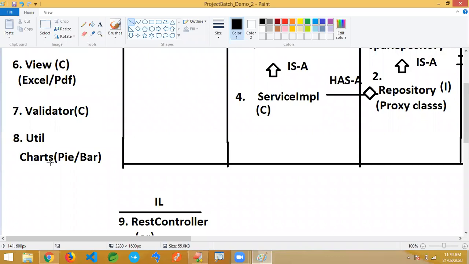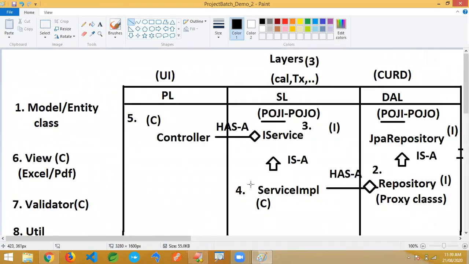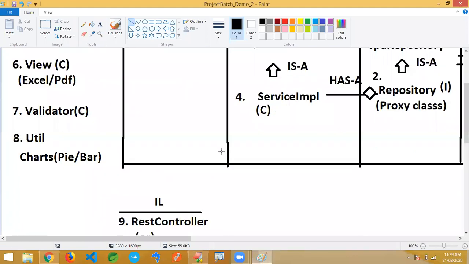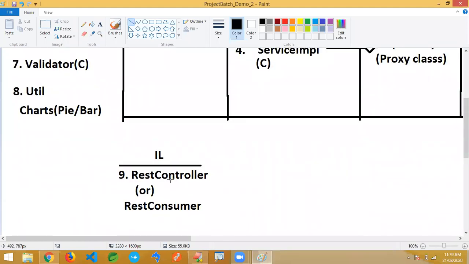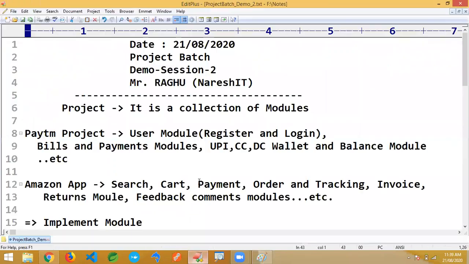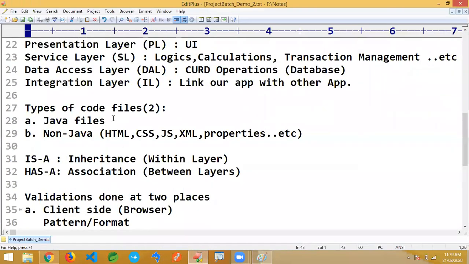As we go on, we are going to have some different types of files, even something like custom exceptions, such as an employee not found exception class. Some more will come later, those I'm not highlighting. Some custom exceptions will be there, and some extra classes will come. These are the 9 important files I gave specific to the layer concept. Some extra Java files will come. It's not the end, but it is the basic beginning. We are going to have some extra types of files also.